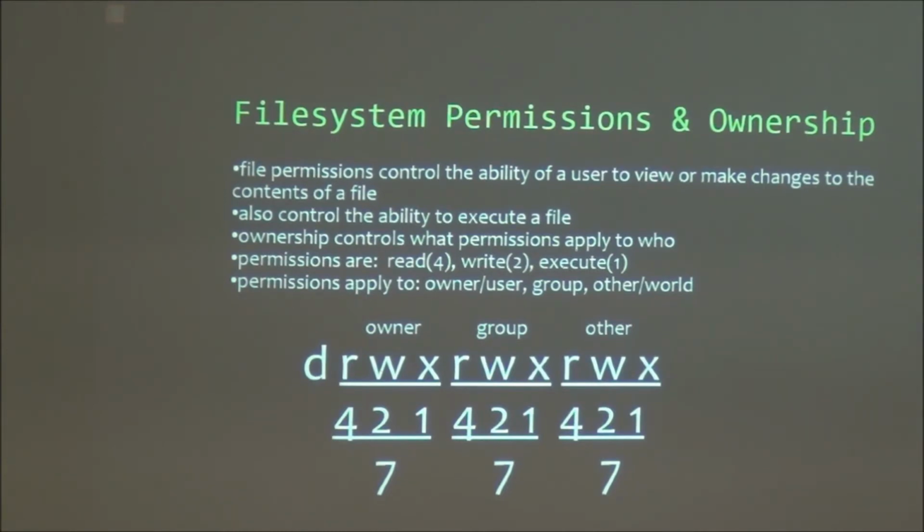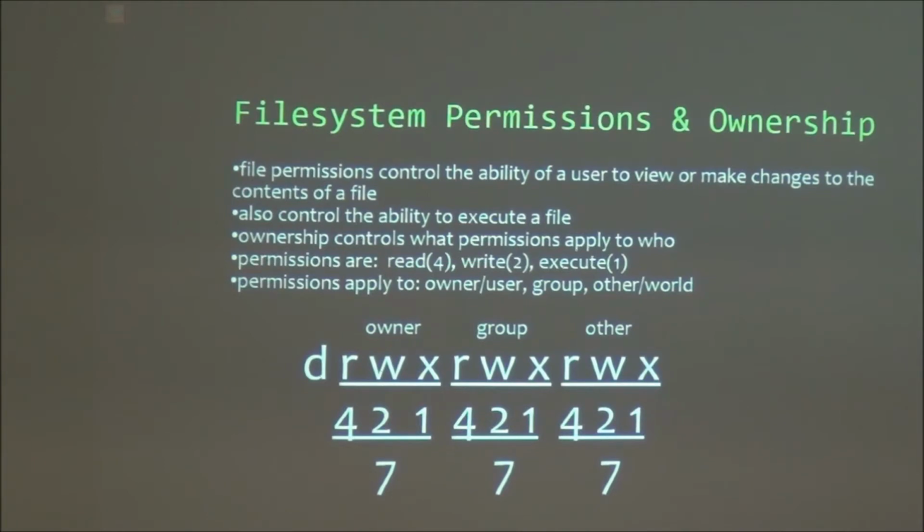Now, owner. You see, you got read, write, execute for the owner or the user. That's basically whoever creates the file. Or if you copied the file, permissions vary. But if you create a text file under your home directory, you're going to be the owner. Also, the group is going to have your group unless you change it.